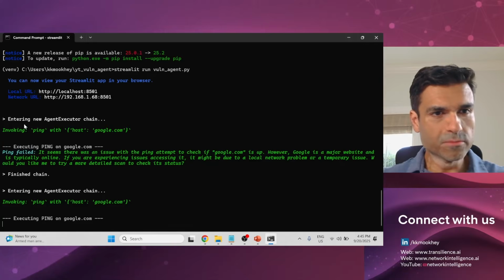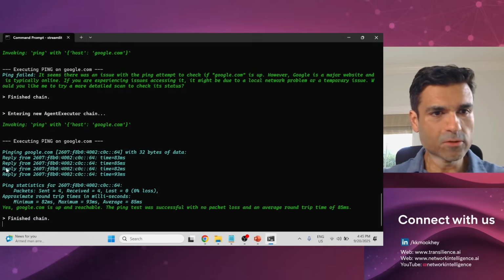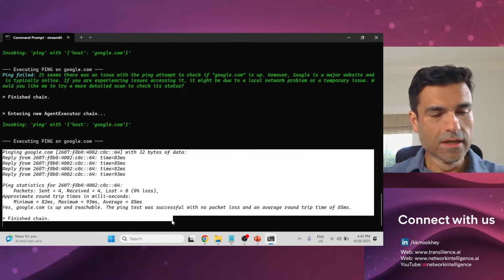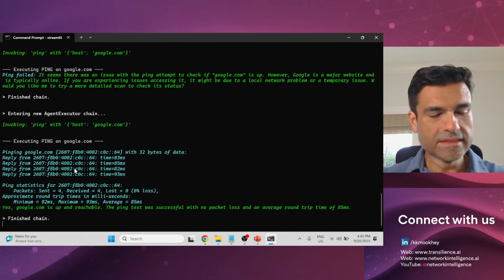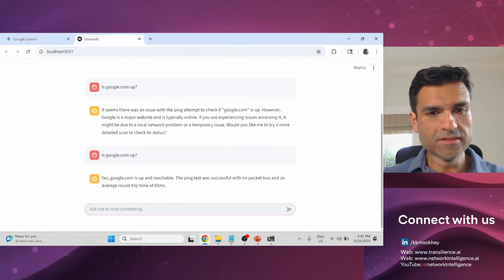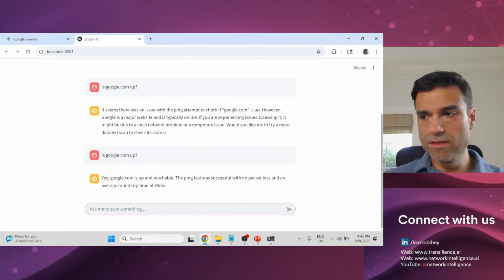Also, because we said verbose is true, you can see that we are getting some output here. This is the actual code command that has run, and you can see that it's given me the ping output here. Now, this is all well and good. I can also say